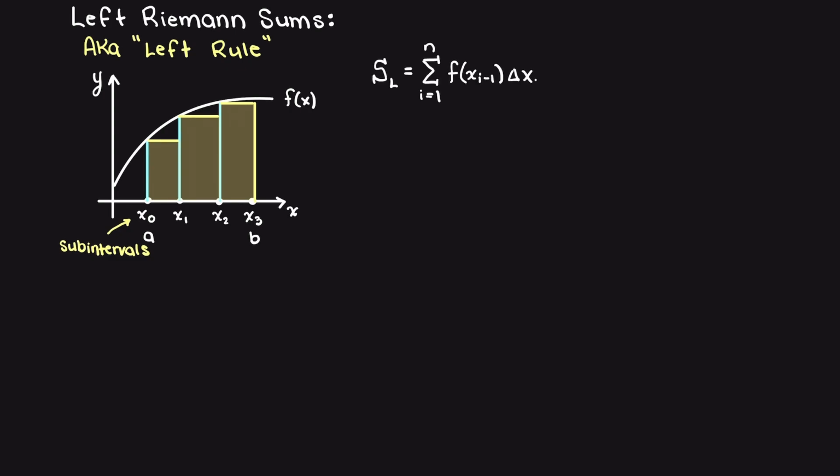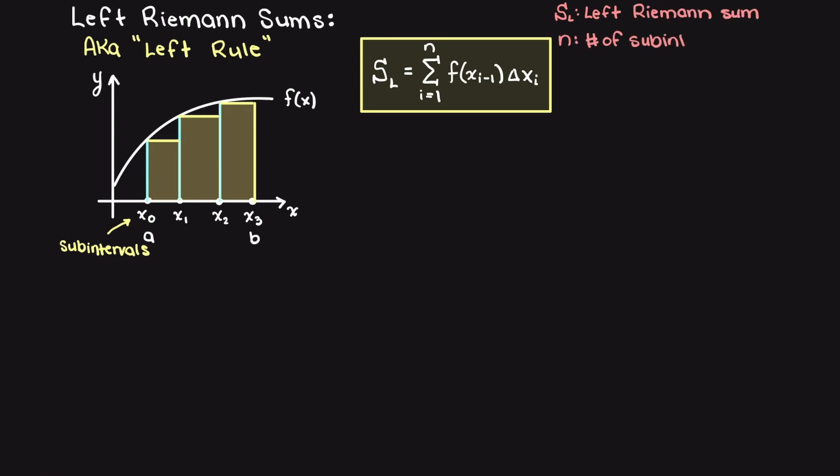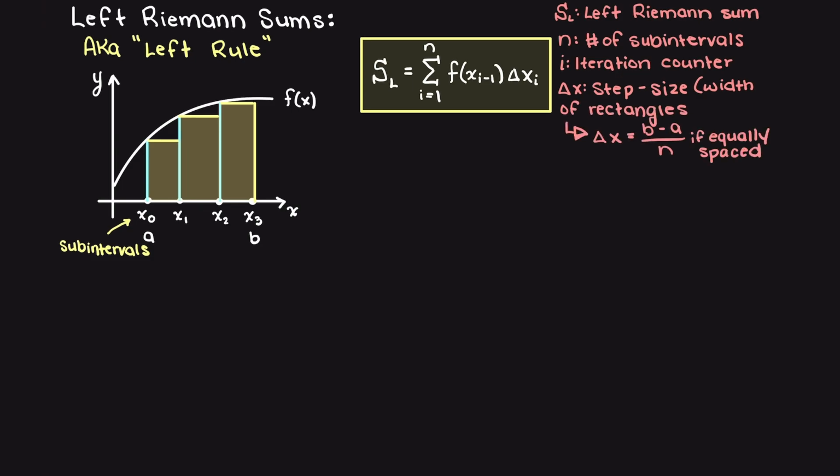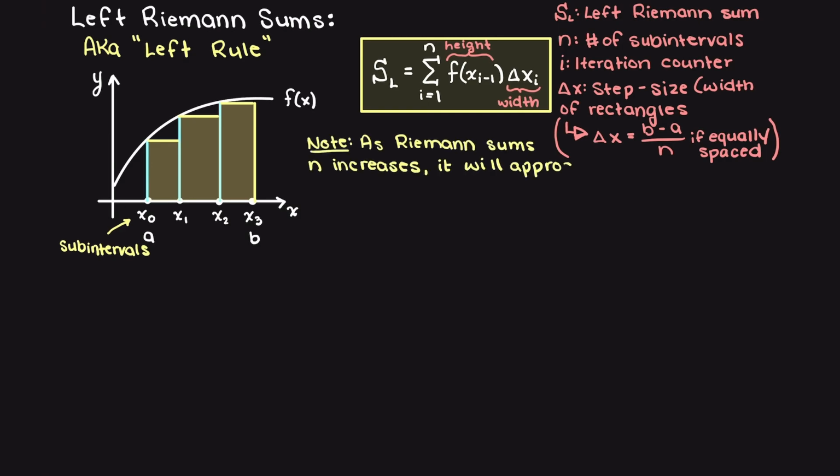I will write out the general formula for our left Riemann sums here with the meaning of each of these variables. Because we are using the left Riemann sum, the left base point will be evaluated, and that will be our height. Then we can multiply that by our base, which is again our change in x. Then the total area would be the summation of all of our rectangles together.